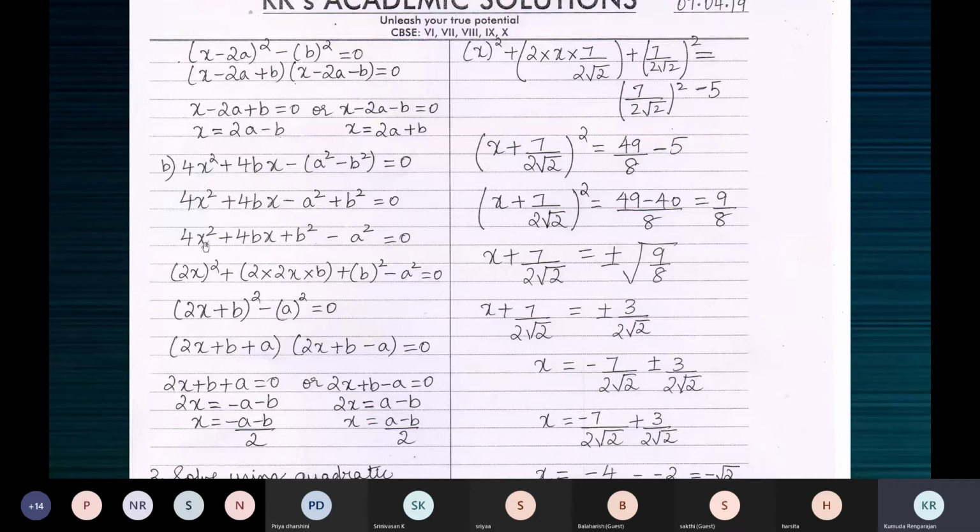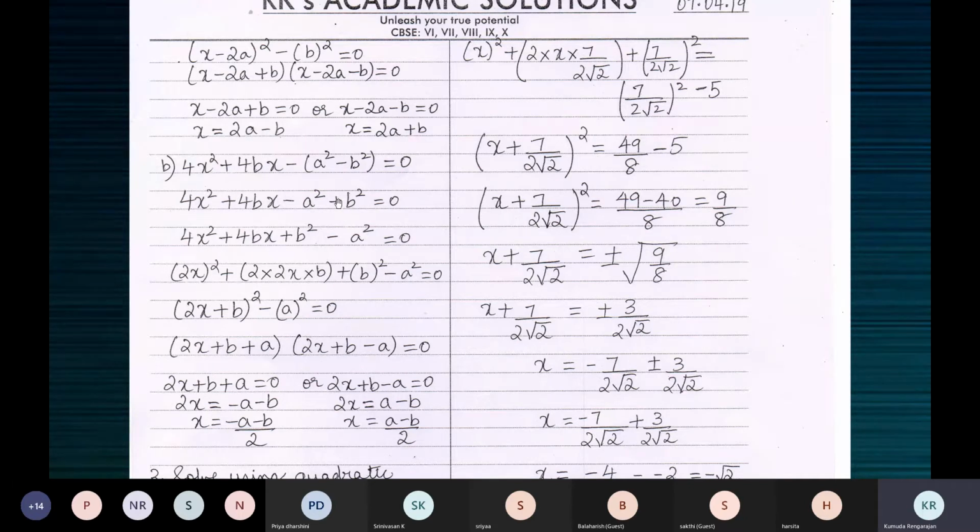Now here we have the x square term and the x term. If you have three terms which make a perfect square, then you look at this as a square term. This one has plus 2ab. A square plus 2ab. So you need a b square term which should be positive because the formula is a square plus 2ab plus b square, or a square minus 2ab plus b square. The third term should be positive. So we have minus a square, we have plus b square. So you have to take plus b square. You cannot use minus a square because those three terms will not make a perfect square.